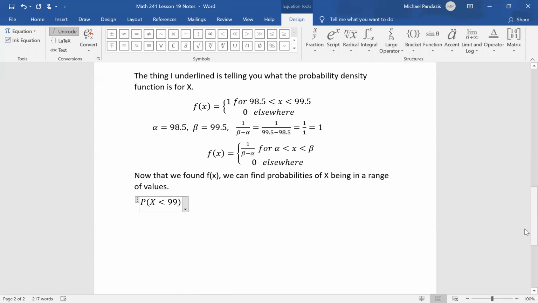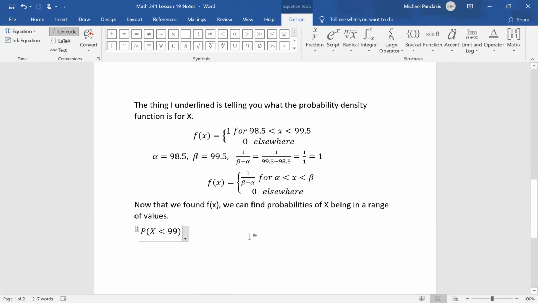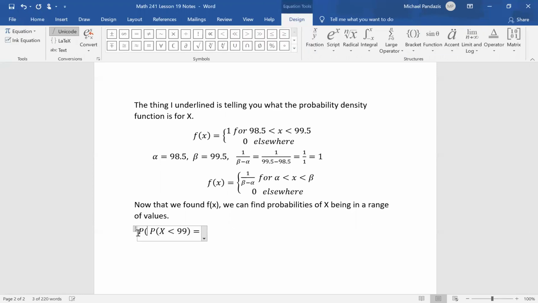Right, because the percentage of pure maple syrup is the values of X. So X being less than 99 means we want the percentage of maple syrup to be less than 99. To find that probability, let me put the probability of less than 99% pure maple syrup